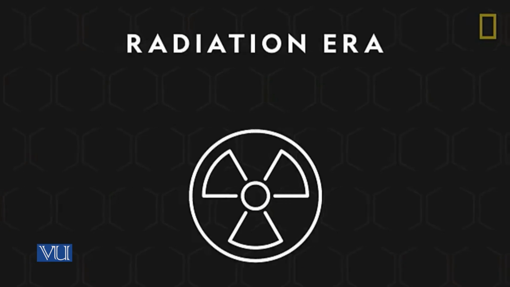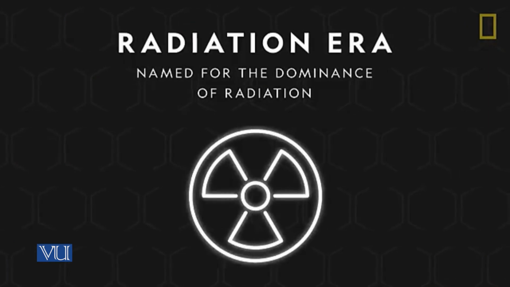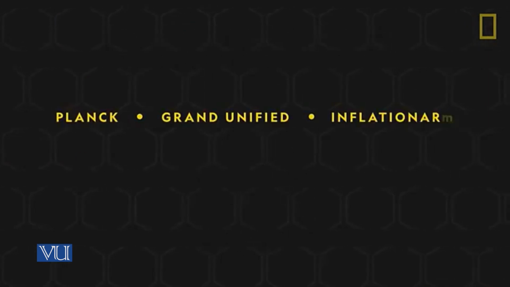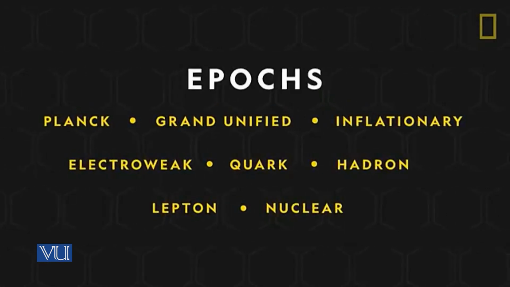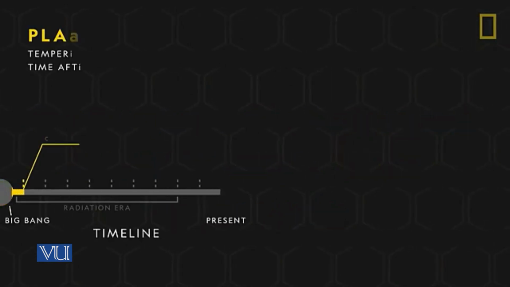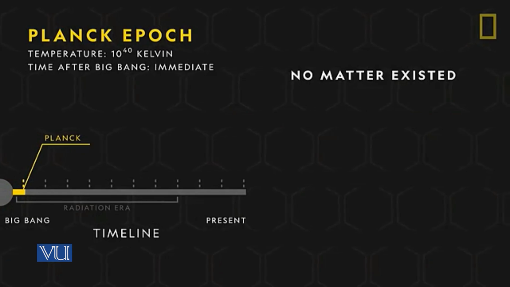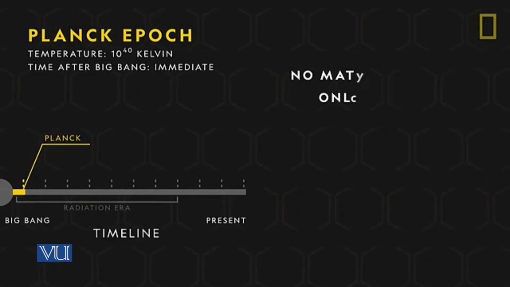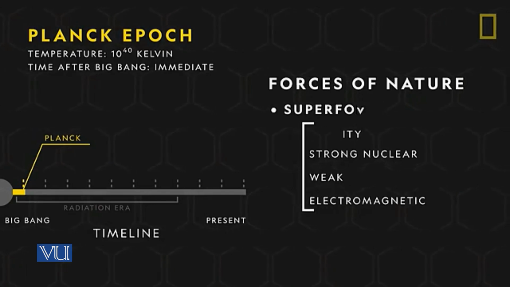First came the radiation era, named for the dominance of radiation right after the Big Bang. This era is made of smaller stages, called epochs, that occurred within the universe's first tens of thousands of years. The earliest is the Planck epoch. No matter existed in the universe at this time, only energy and the ancestor to the four forces of nature, the superforce. At the end of this stage, however, a key event occurred in which gravity split away from the